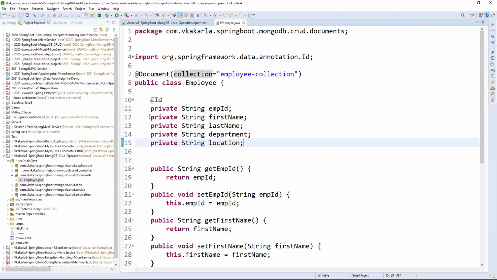Also, this is a NoSQL database, right? NoSQL database means it does not have a structure. You can add multiple fields. There is no table structure at all. By default it takes JSON documents as the storage. JSON documents will be stored inside the collection.